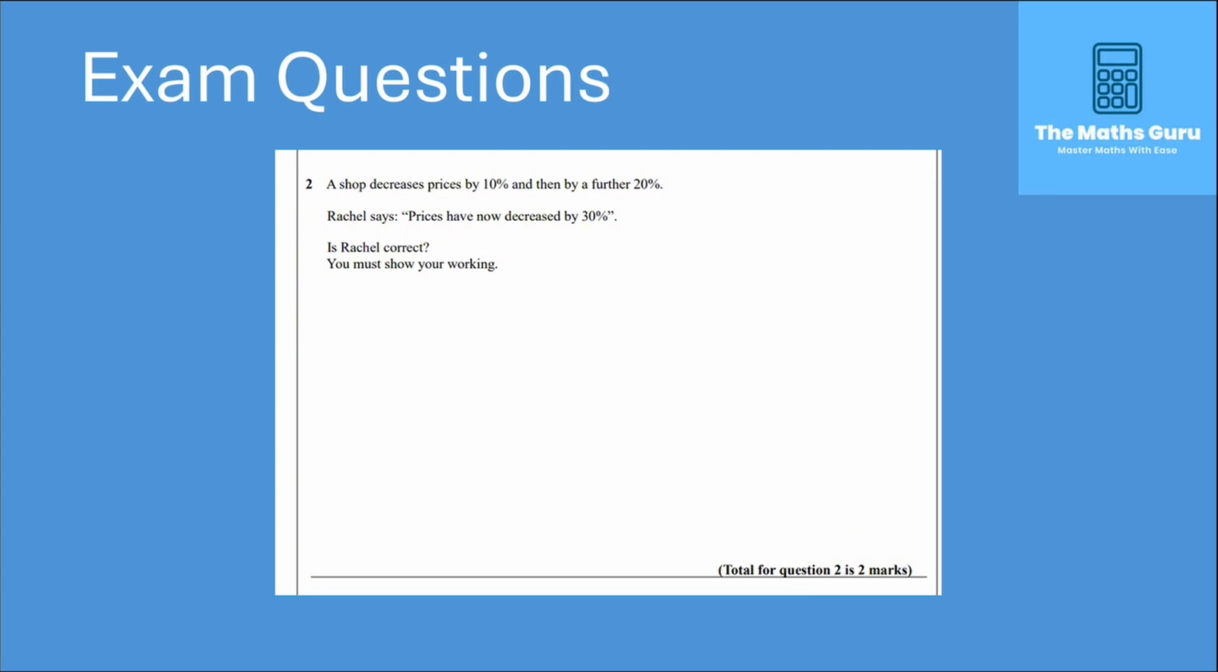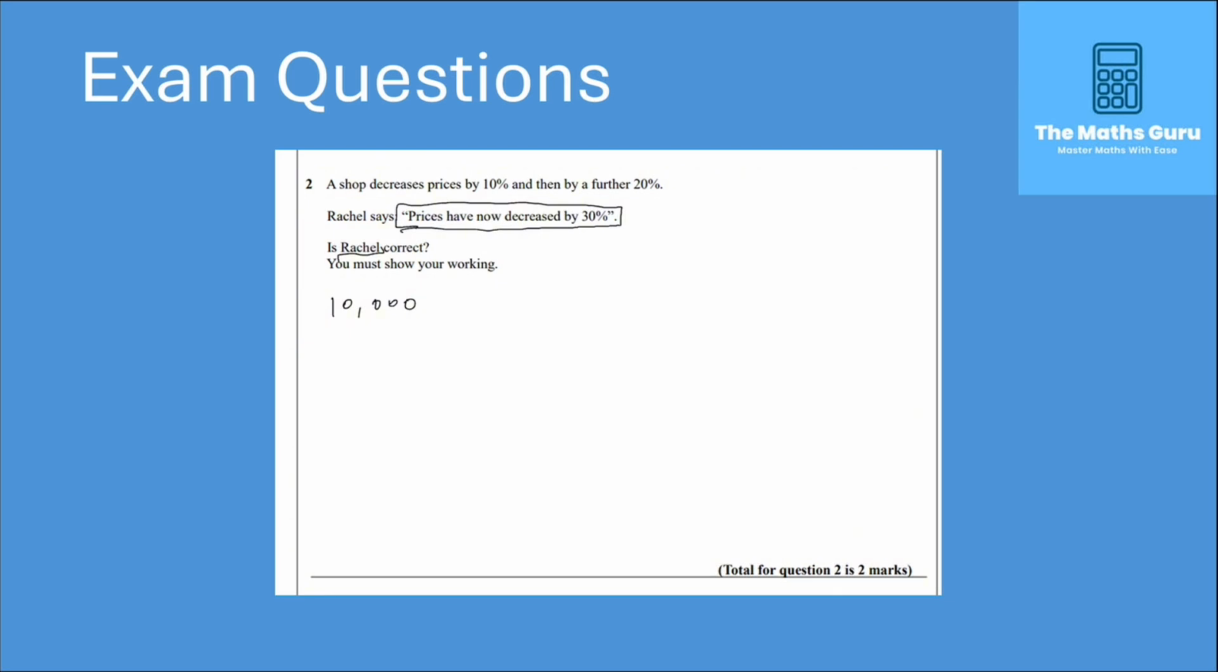So it tells us that a shop decreases prices by 10% and then by a further 20%. Rachel says prices have now decreased by 30%, and we need to determine whether Rachel is correct. So the way we do this is to assign a value to the shop. Let's say the shop is worth